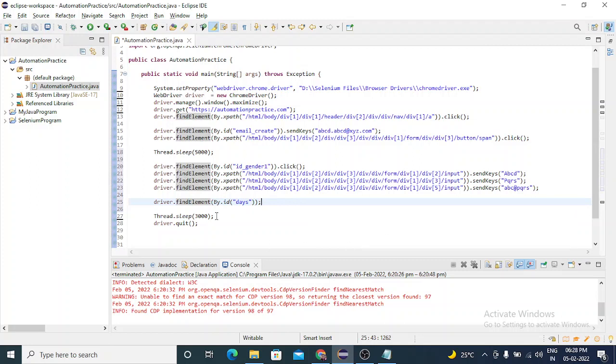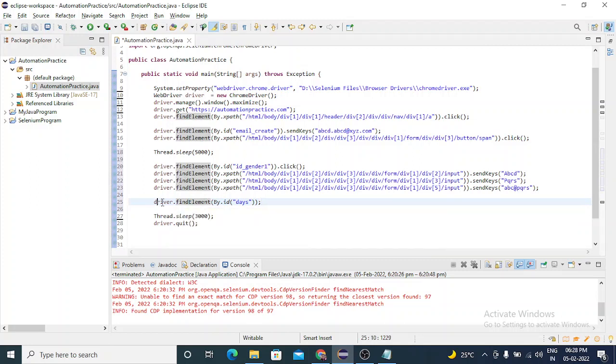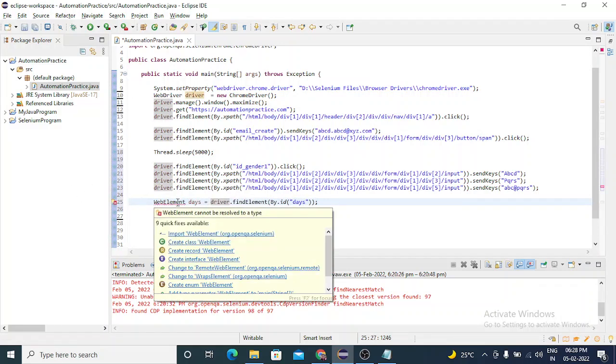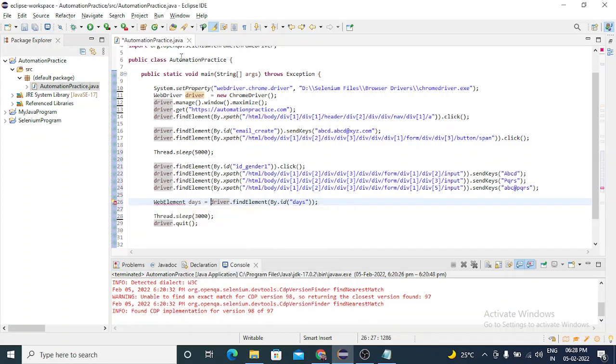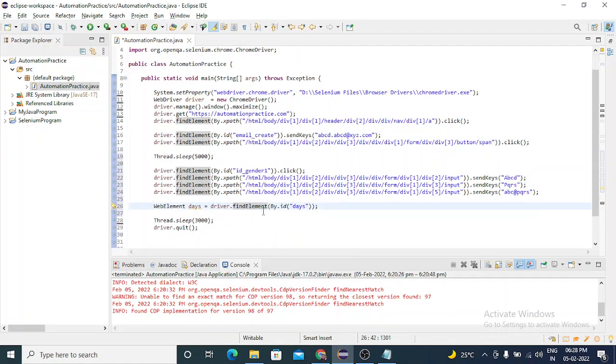I have already told you that find element returns a web element, so let me store this in a web element. We need to import WebElement from org.openqa.selenium. It is imported. So we store that in a web element.